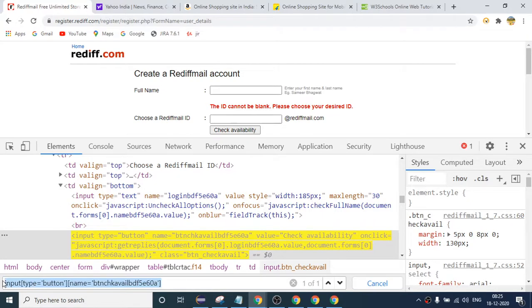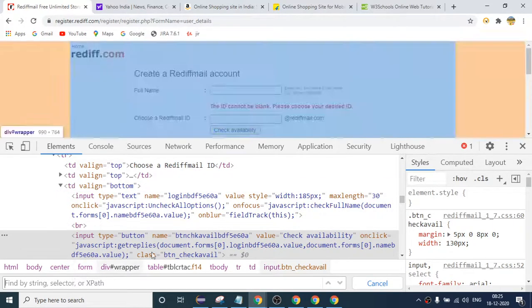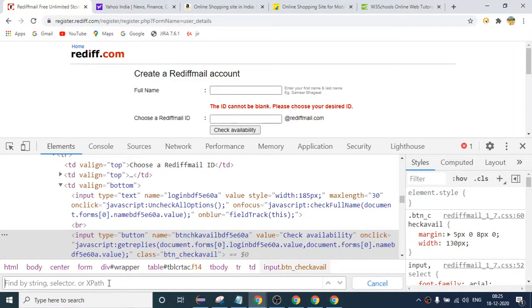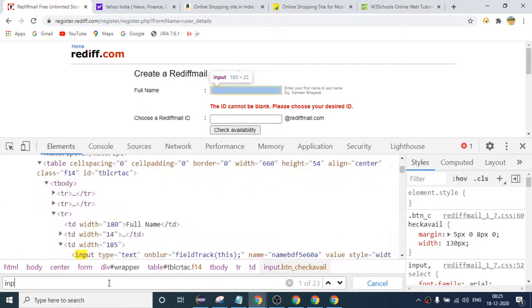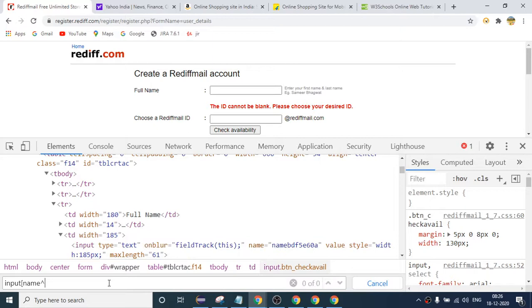Again we will use starts with and ends with. If I want to write starts with, in XPath I used starts-with, but as it is CSS, how can we write it? First of all I will write my tag name, which is input, and then the name attribute. For starts with I will use one symbol, shift 6, the caret. This is the symbol that identifies starts with, so it will work exactly the same.